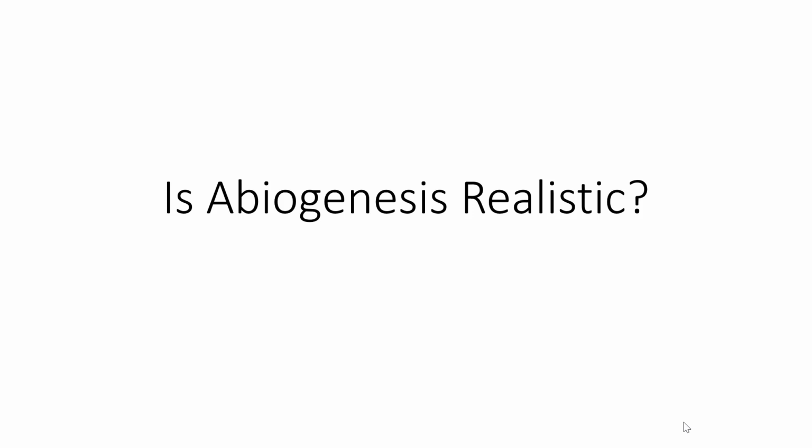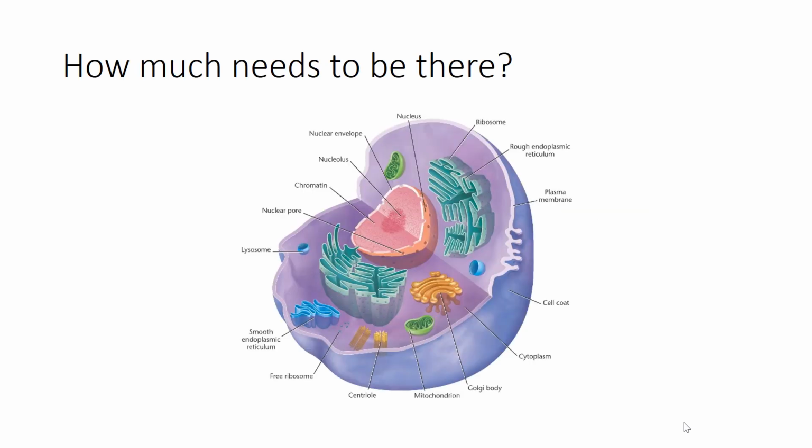So, is abiogenesis realistic? What you find is that at the time that Darwin published On the Origin of Species, all the way up until the 1930s, 1940s, even after the neo-Darwinian synthesis in the 1930s, the idea was that cells were very, very simple entities, basically just a bag of protoplasm with a nucleus. Because of that, the idea of life originating from non-life seemed like a fairly simple